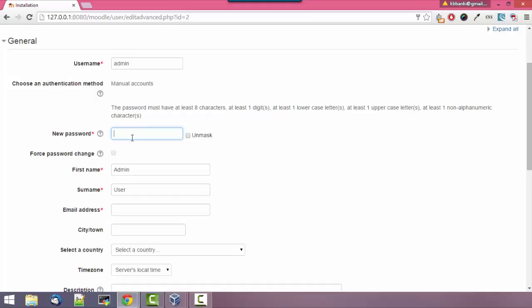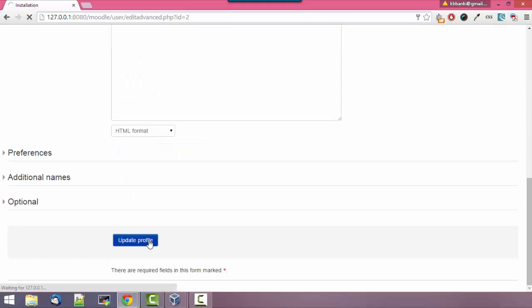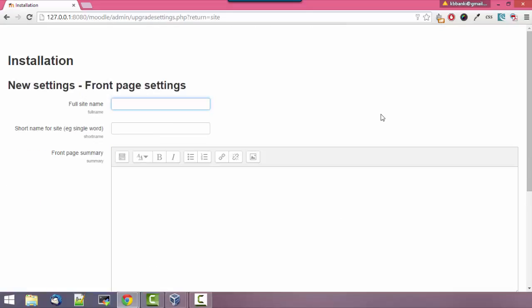So I'm just going to type in a password, and my first name is admin, of course, and my email address, and then you can fill out these later if you want to, but you have to fill out those who are required fields. And then I press update profile, and now we have a full site name, so Moodle Creator Tutorial, and a short name,